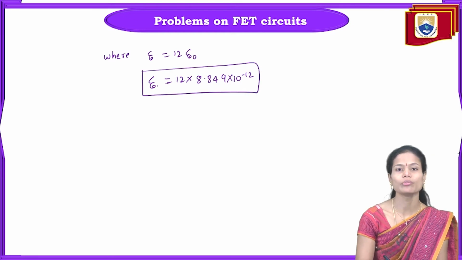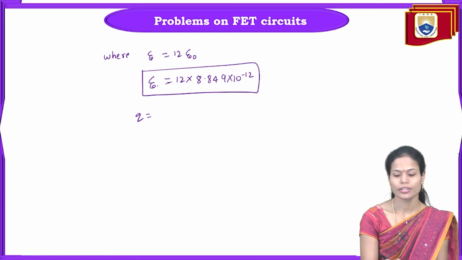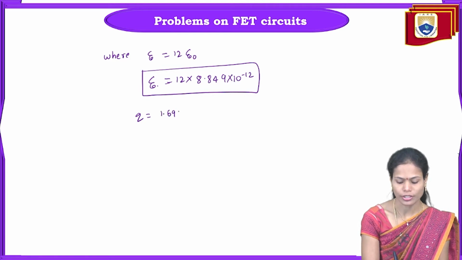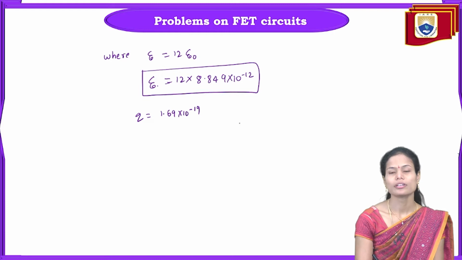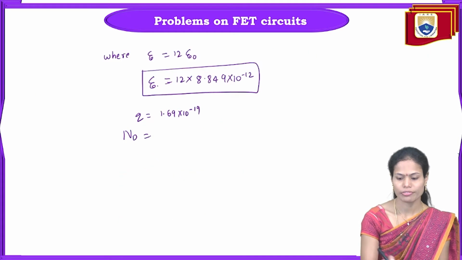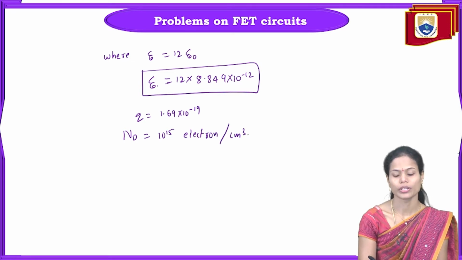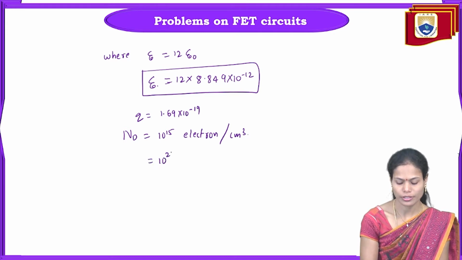This is the epsilon value. And next, charge. I am taking the charge here as 1.69 into 10 power minus 19 joules. And next, donor impurity, given as 10 power 15 electrons per centimeter cube here. If we convert it to meter cube, we will get it as 10 power 21 electrons